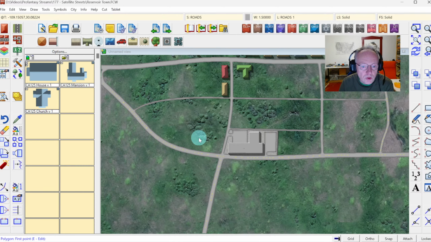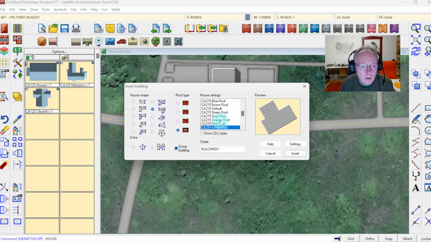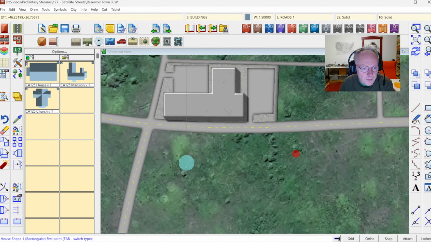So then again, I want to add perhaps a petrol station, gas station on the other side of the road here. So I'm going to go in, grab again keep the flat roof, but perhaps want to choose a different type of building, for example the grey building with a dark roof. This time I'm going to use just the rectangular shape. So I'm going to put in the building here,